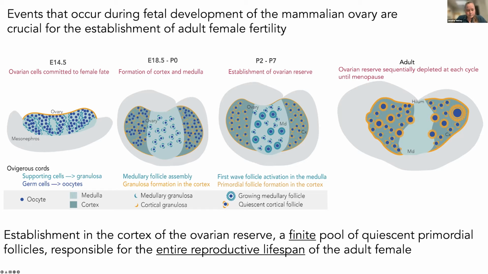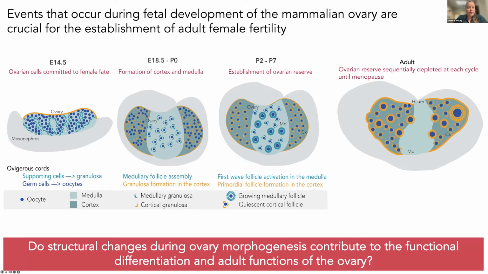And this really highlights how important it is for us to better understand ovary development so that we can hopefully harness these findings in the clinic to address certain cases of female subfertility. While our knowledge of the molecular pathways that are involved in the differentiation of individual ovarian cell types is increasing, we still have a poor understanding of how structural rearrangements of the ovary as a whole might be contributing to this regionalization and thus to the determination of